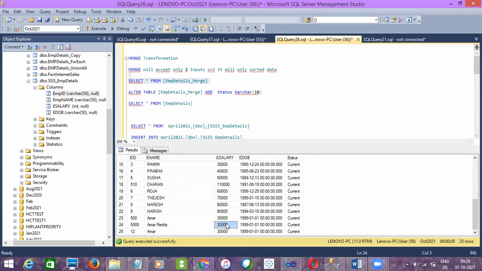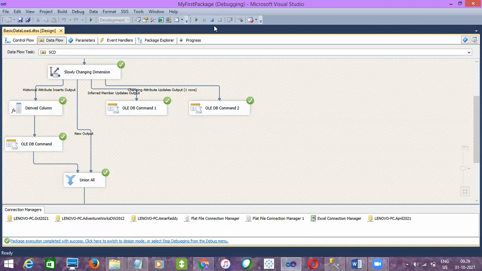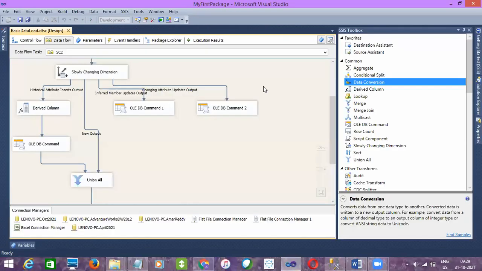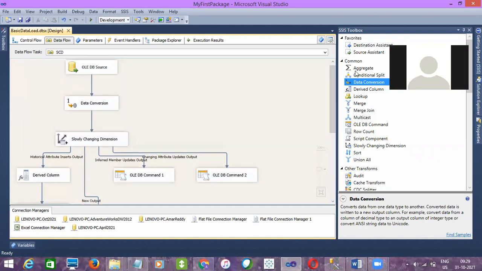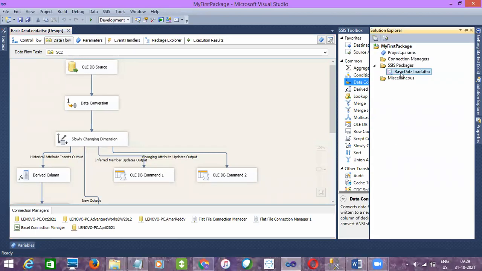So what it should do now, it has to maintain both the records: what his salary was earlier and what his salary is now. So both it should maintain. And let's see whether one more record will be inserted or not. So I execute the package again. Why am I executing again? Because there are changes in the source, right? Every day if you load it, if there are any changes in the source, it has to pick them up and insert into the destination. That is what the packages we are building do. And let me right click and execute.